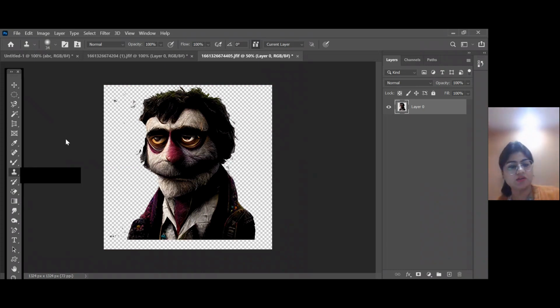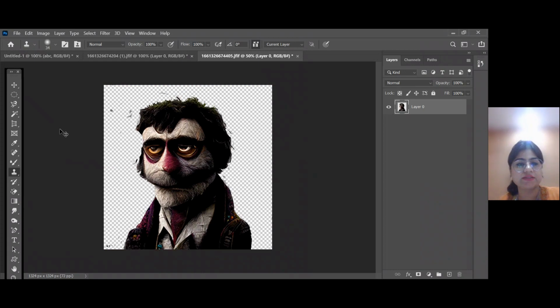Next is basically the clone stamp or pattern stamp. I was thinking to tell you in a separate session, along with the fill tool, because the color pattern, draw pattern is the same way of doing as the fill tool. Okay, so I'll tell you about it in the